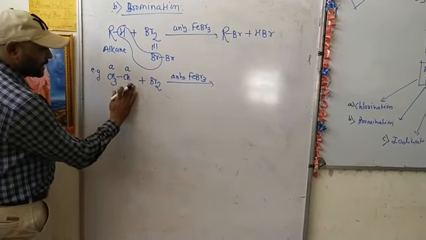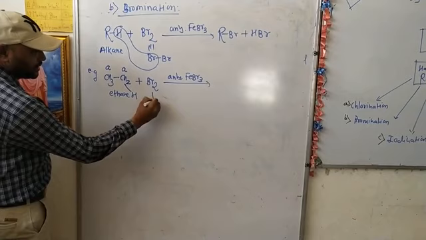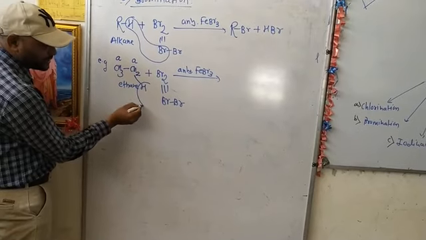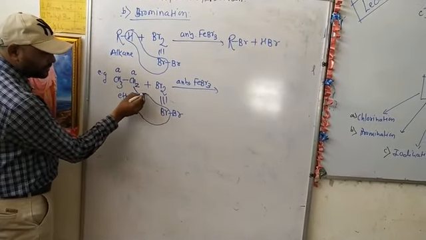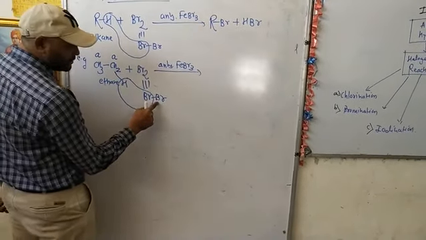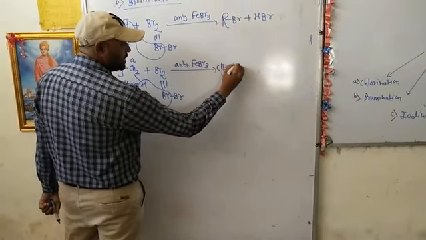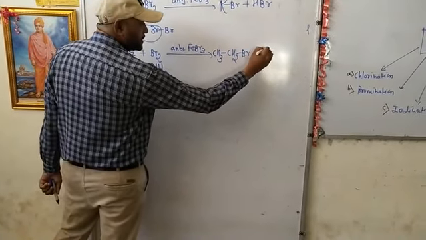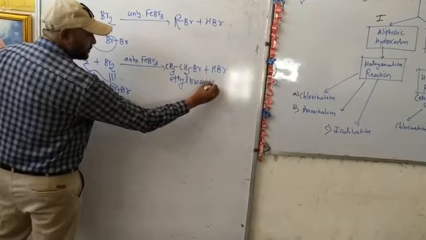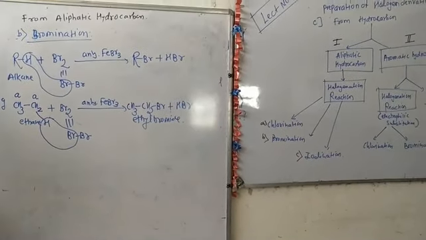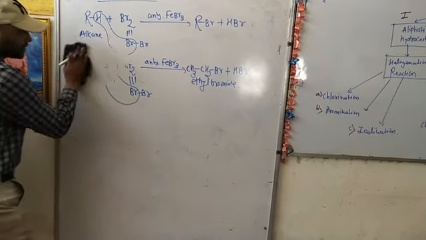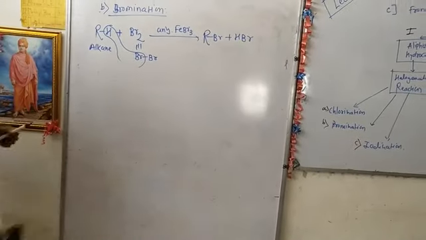So we can replace the hydrogen from this side, CH2H, and this can be written as Br single bond Br. From this side we can replace the H, and from Br2 we can replace the Br. So forming HBr, this hydrogen is substituted by this bromine. The product is CH3, CH2Br plus HBr, forming ethyl bromide from ethane. Let us take another example.